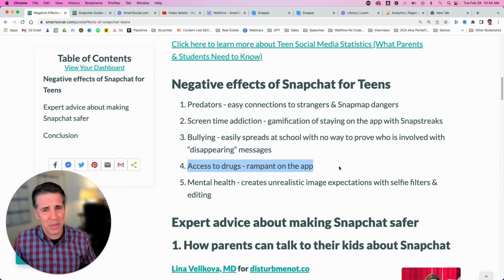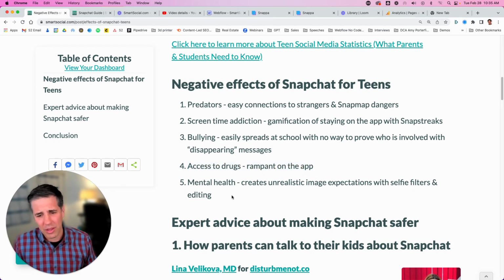Also, drugs are running rampant on this app. You need to know what fentanyl is. Many years ago, when your parents were younger, they could experiment with drugs. Nowadays, it is not an option because of this deadly, deadly drug that is number 2 in the nation right now, killing students if they try and buy any drugs off social media. It could be laced with fentanyl. So I really want you to be careful there. A lot of drugs are sold on Snapchat and every other app as well, but we need to be really careful there with experimentation. Talk to a trusted adult and go Google and see what in the news has happened to a lot of students. It's so, so sad.